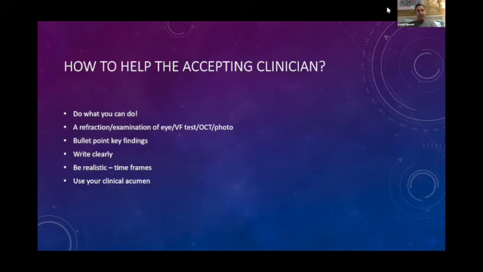Now, a snapshot of an OCT scan is okay, it's helpful, it's better than nothing, it's nice to see. And if it's a snapshot through the area of pathology, that's particularly helpful. But if you can save your OCT as a video file and send us the file of the whole run, that's even more helpful, because that gives us the whole volumetric data, and that's fantastically useful for us. In future,